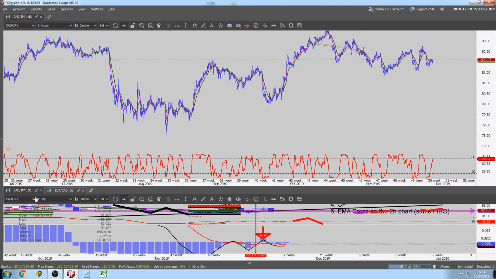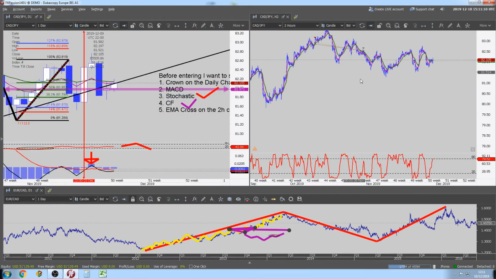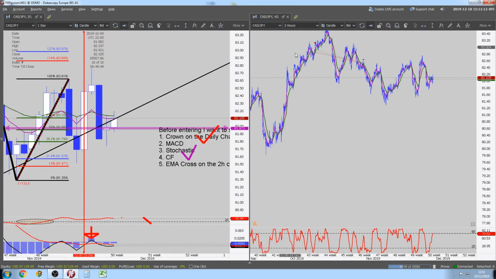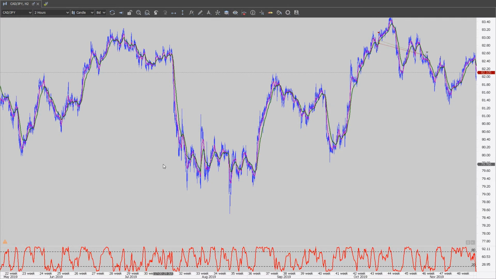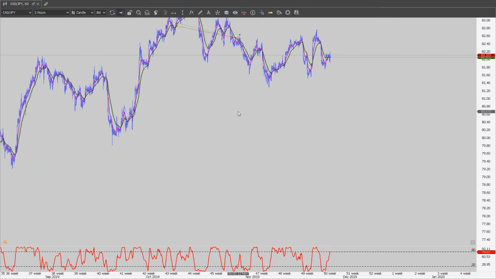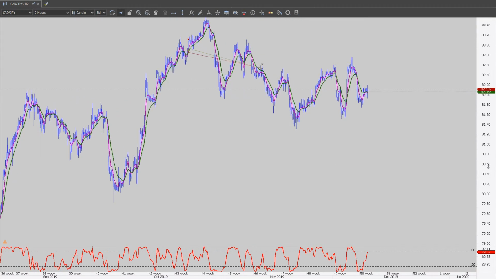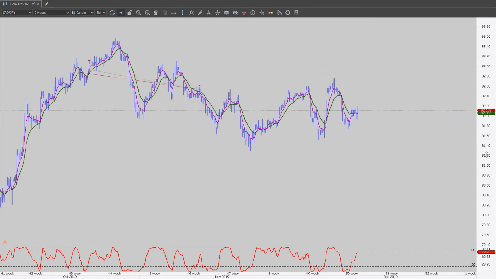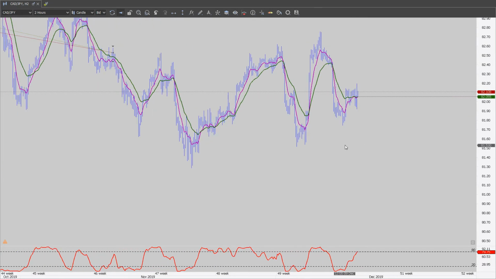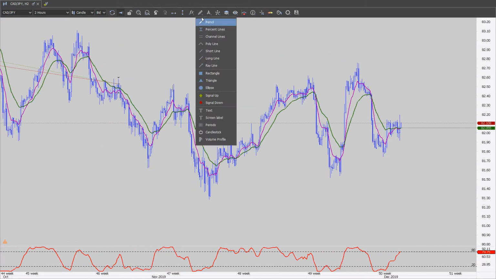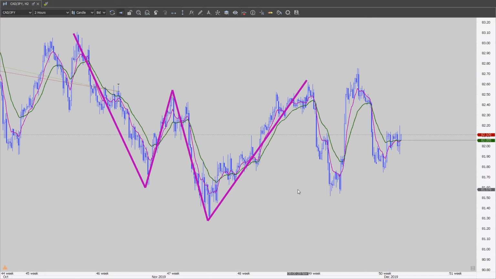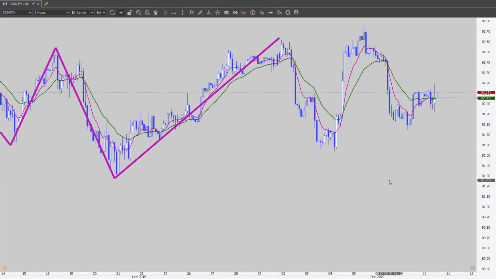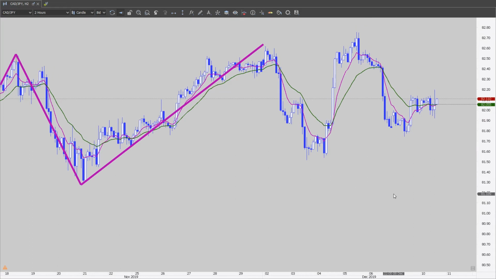Oh, CAD JPY. Okay, let's close the EuroCAD. So let's go to the CAD JPY 2-hour chart. November, December the 2nd. So this was the crown, right? Left tip, center tip, right tip. This was the crown. And if we scroll down, everybody, between December 2 and 3,